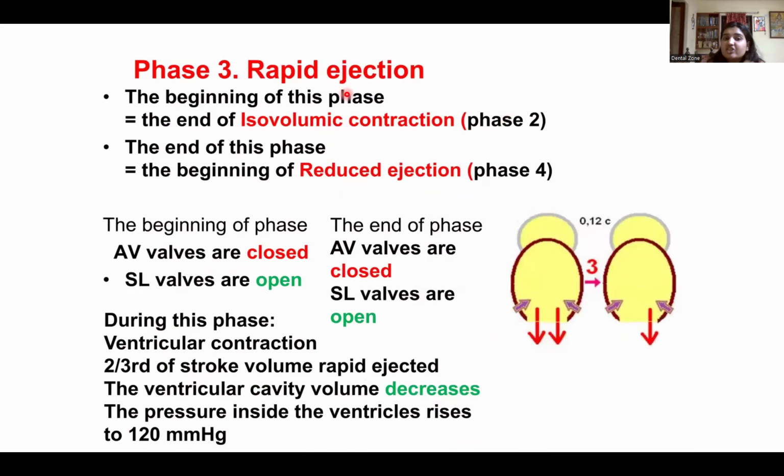Next is the rapid ejection phase. What will happen in the rapid ejection phase is the semilunar valves will be open. Since in phase 2 they were open, so still they are open. Okay, and during this phase the ventricular cavity volume will decrease. The pressure increased in phase 2, so now the volume will decrease in phase 3. Okay,